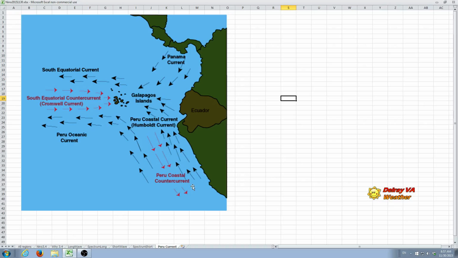Now, the interesting thing is that this peaks in the spring and the fall of the given period, and if something's happening here around March or April, it propagates across the Pacific,